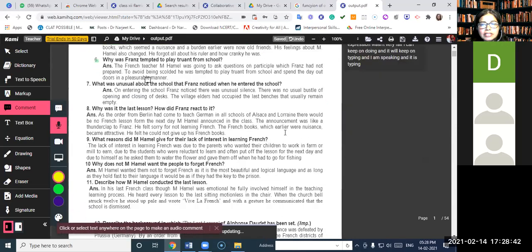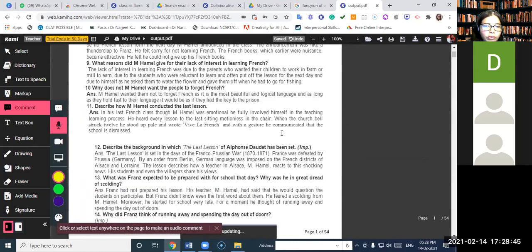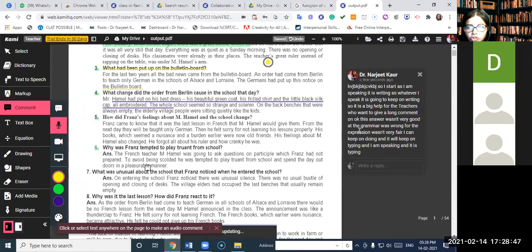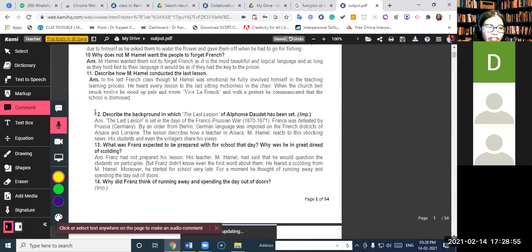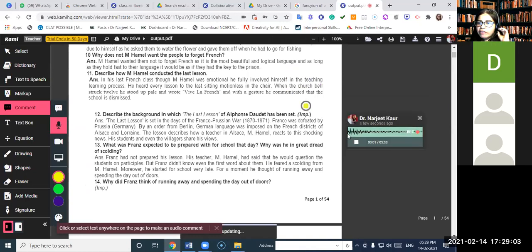Now I come to voice comment. Voice comment again means giving voice comments on what you want to give them. Now this is going to be written comment, though I have spoken the comment, yet it is a written comment. Voice comment means, for example, in question number 12, I feel, okay, this space shouldn't have been left, right? So I go to question number 12, I click here, and whatever I am saying, it is typing. Children, you shouldn't have left the space here. The space is not to be left. This is not the format. And this is how the things are going to be done. Once I finish the comment, I click on this button,